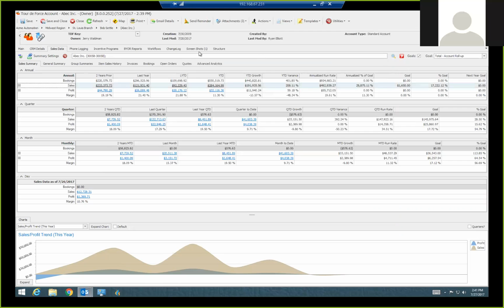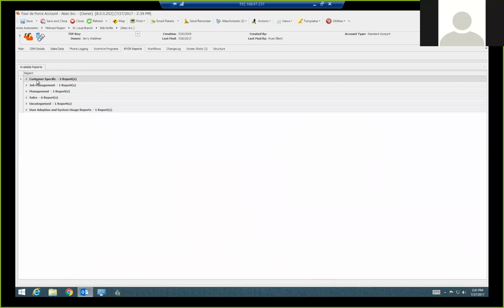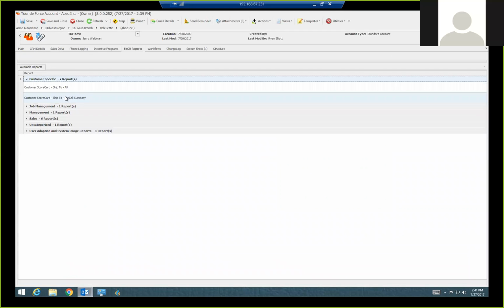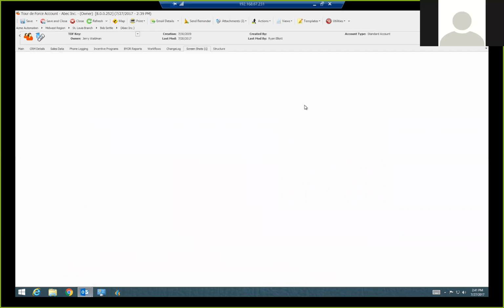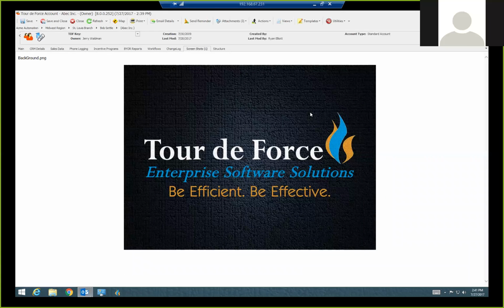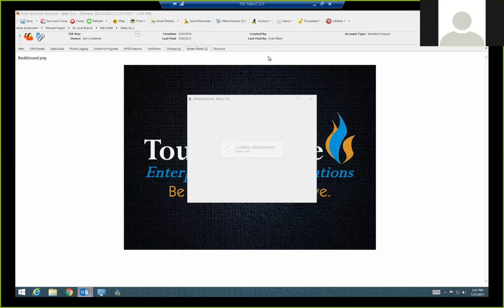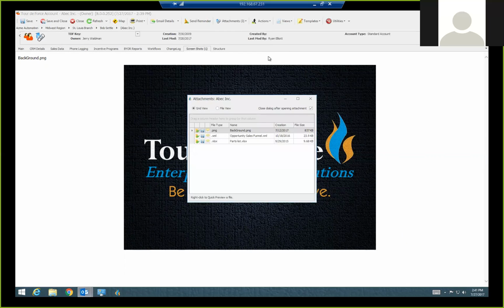You'd have the flexibility of running the reports just like you did in web. I can run the scorecards. If you did have images or screenshots, you could have a screenshot of their building if they got a new building and you don't know the directions and stuff like that, and you just need an image of it. You can do that. Same attachments are available just like in web. So realistically, it's a way to have the greatest